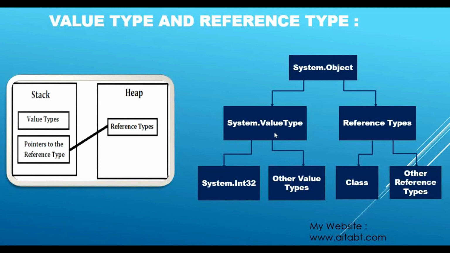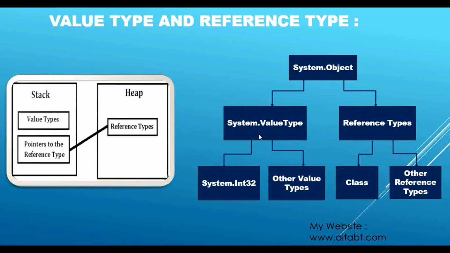In this diagram we have seen all these value types, and where are they all coming from? This System.ValueType. So System.ValueType extends. Now what is extend, inherit? Don't worry about that, because it is all part of inheritance, which we will learn in great detail. For now, just remember that if a class extends System.ValueType, it means it has a base class, that is System.ValueType.